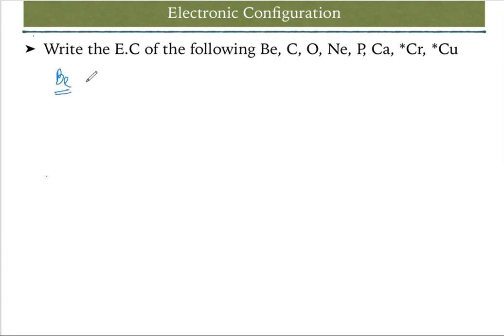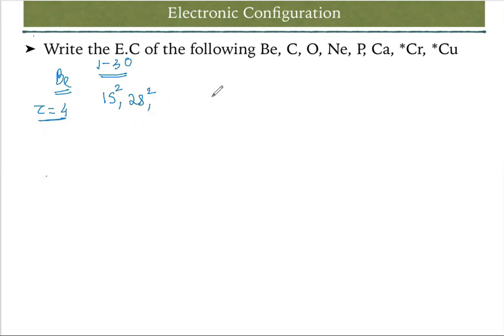To write the electronic configuration, you have to know the atomic number. If you remember atomic numbers 1 to 30, that will be enough for your 11th and 12th. Okay, so beryllium. The Z value for beryllium is 4. As we already discussed the Aufbau principle, it says to write the electronic configuration according to increasing energy. As we already know, the lowest energy is 1s. After that 2s. Okay, how many electrons do you have? Total 4 electrons. So 1s will have 2 and 2s will have 2. So I think that is clear.